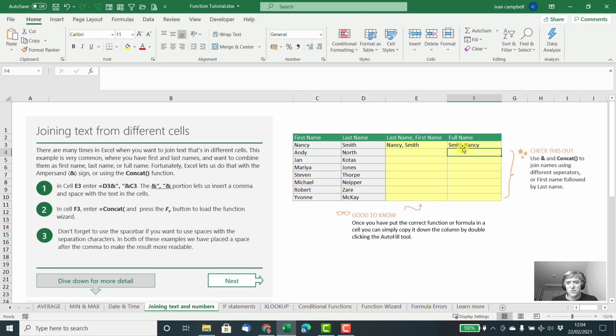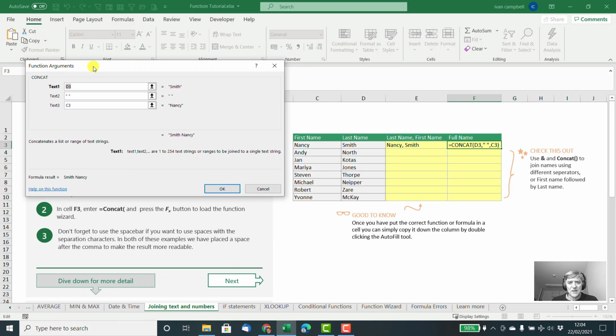In this instance we just want Smith Nancy with no comma in it, so we're not putting a comma in. So let's have a look and see what that looks like now in the function dialog box. In the function dialog box, we say it's whatever's in D3, so we point to D3, followed by a space, so quotes, space, quotes. It could just as easily be quotes underscore quotes or hyphen quotes, whatever you want to see there,